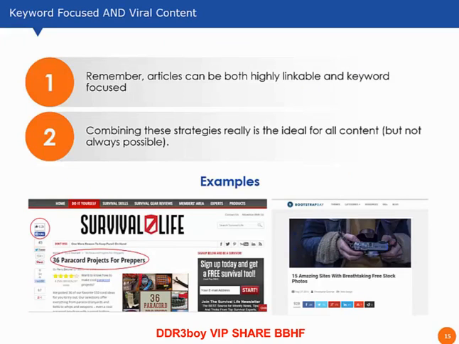So to bring that home, you can and should have different types of content. I typically separate my content. I'll write a really great primary keyword article. I'll write a whole bunch of secondary keyword articles, and then I'll spend a lot of time, energy, and money on my linkable and shareable assets to really build my authority.